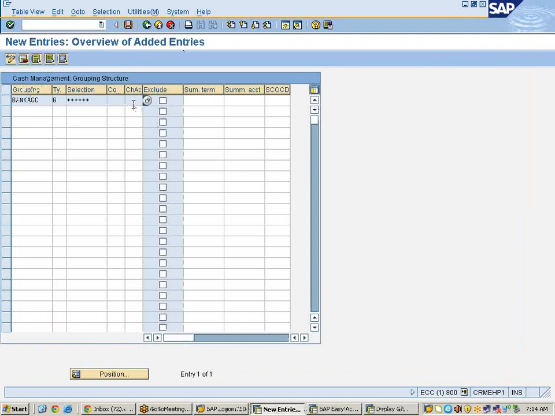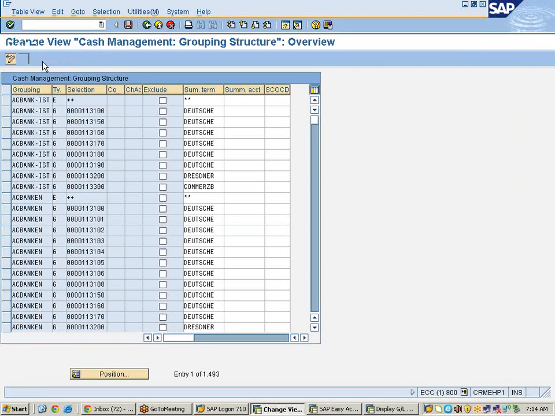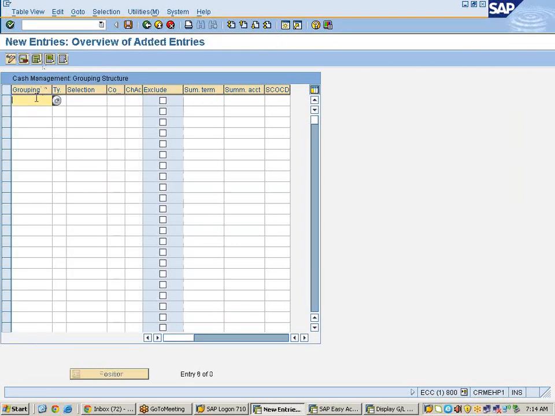I did not update this company code, all these things. Just 1 second, I don't want to save it. Grouping G. Selection. We have 6 digits. Company code.